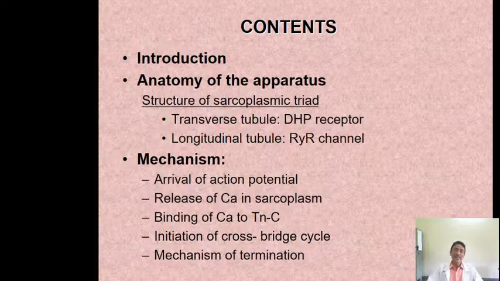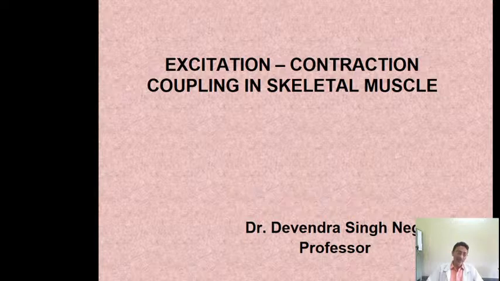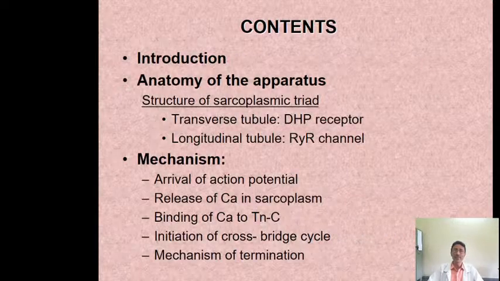First, what is the mechanism of excitation contraction coupling? What does it mean? In a muscle fiber, first of all, an electrical activity takes place which causes the skeletal muscle to get excited, to prepare for its subsequent activity. Once the excitation part is completed, the actual mechanical part takes place, and that is contraction. So this is called the excitation contraction coupling mechanism.